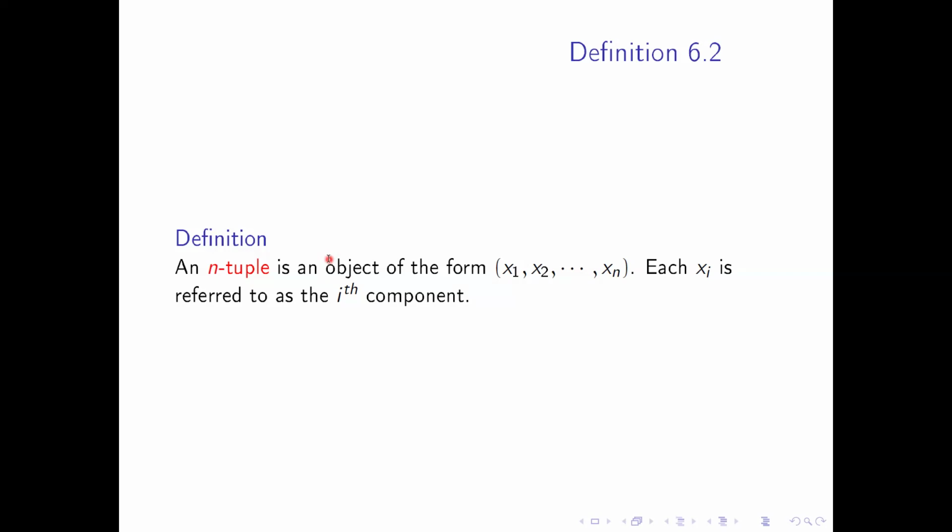Now, real quickly, if you want to call this a vector versus an n-tuple, I'm not going to get on your case. I once mentioned this in a mathematical meeting, and someone in the crowd thought that I called it a vector and they didn't like it, so they wanted me to call it n-tuple, whatever. It's really the same object. It's just an ordered list. We can have the same thing repeated as many times as we want. We have indexing